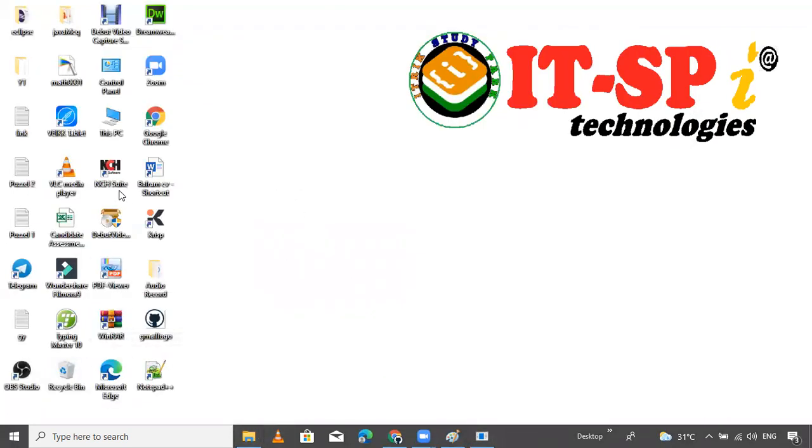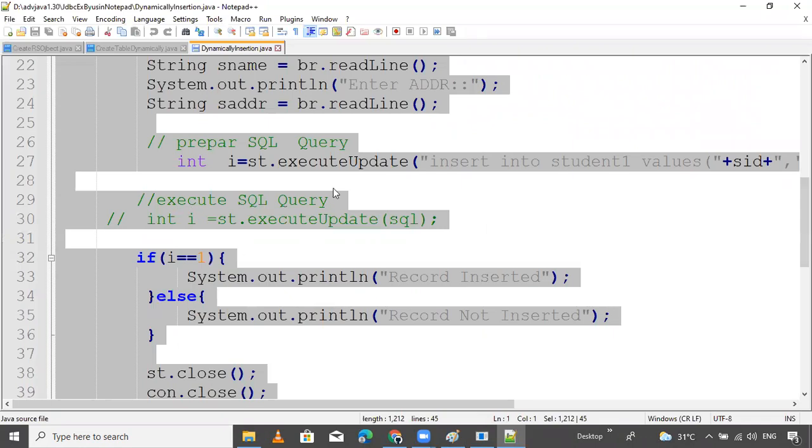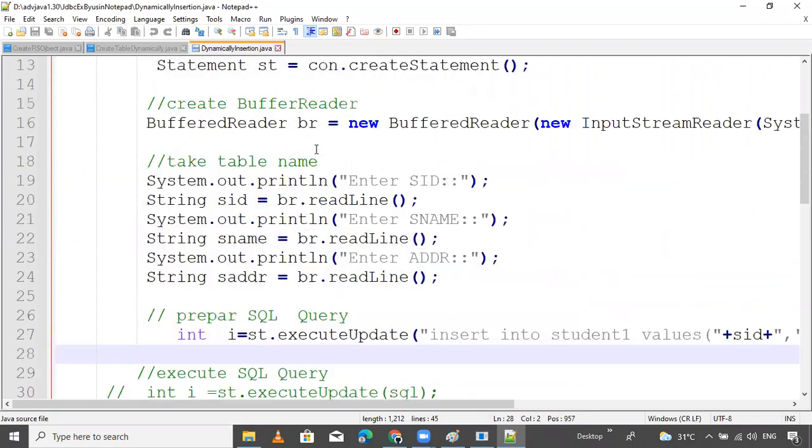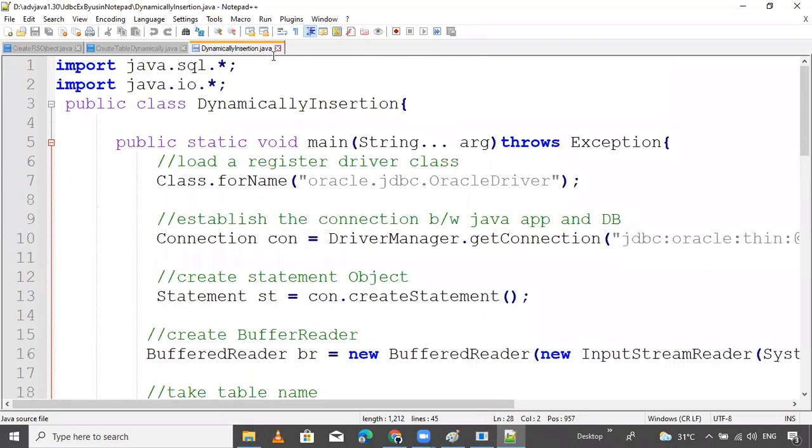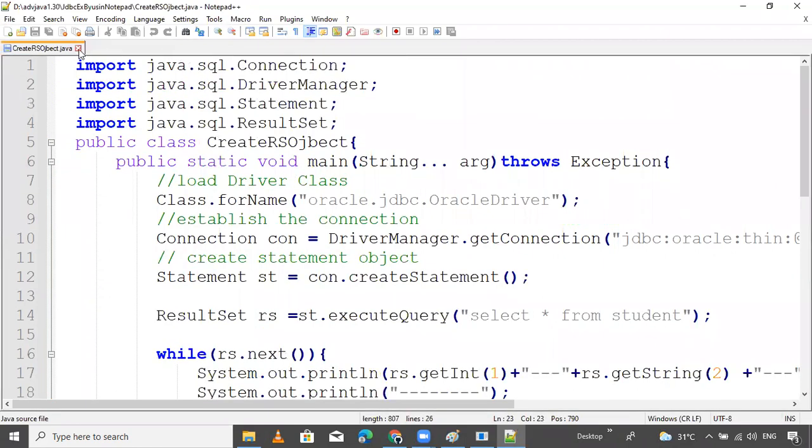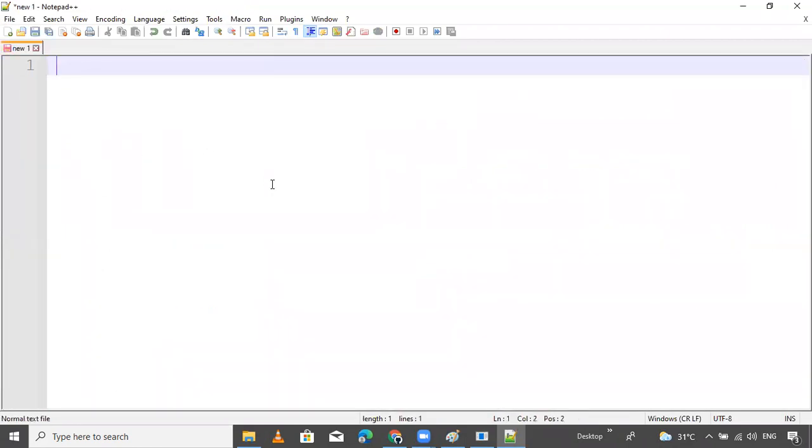So open this example. I will use only an editor. This is the previous example, last class example, so it is not required. I'm preparing one first example for your better understanding. First of all, create a class.